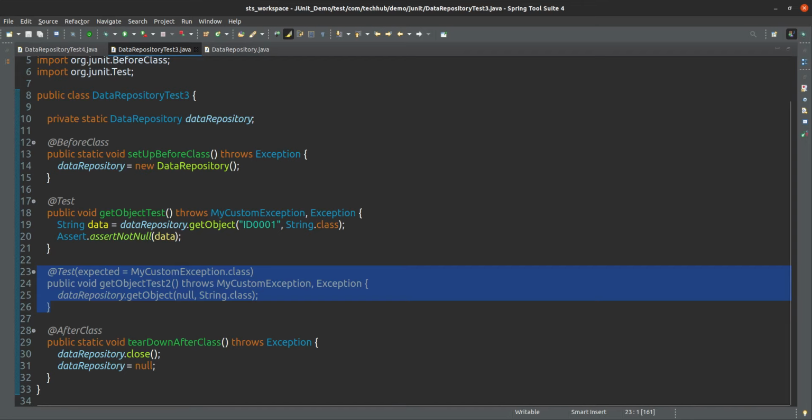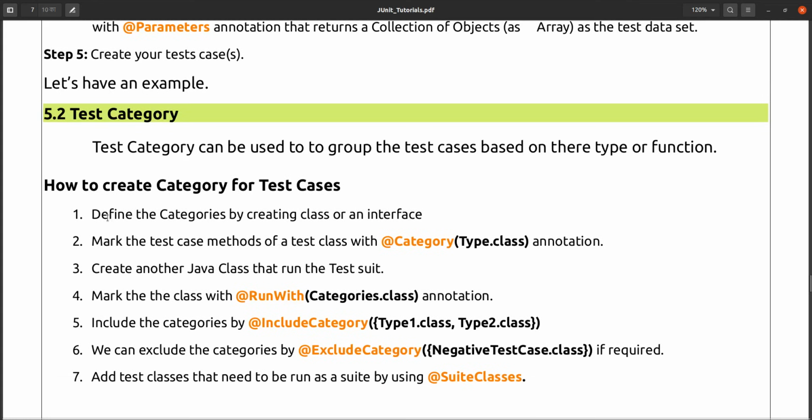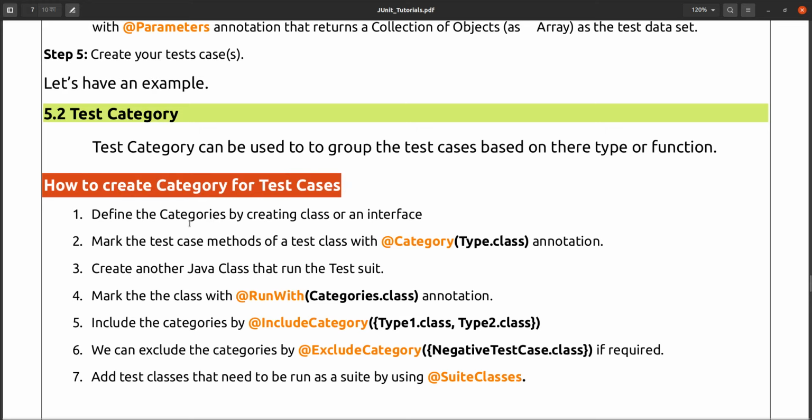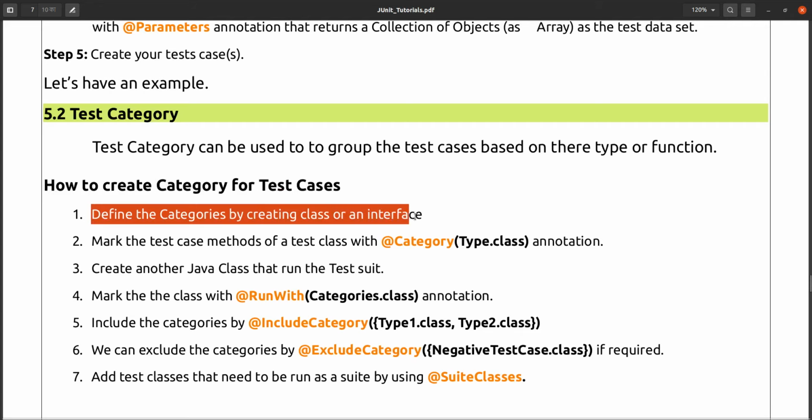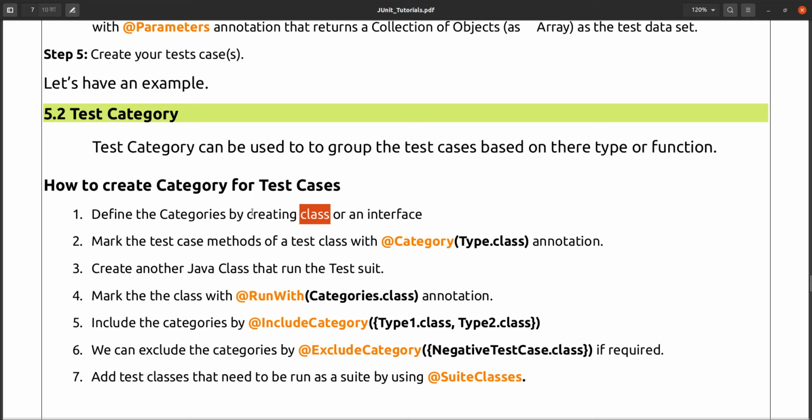To do that, we first have to define the category. How can we define the category, how do we create the category for the test case? We can define the category by creating a class or an interface, and mark the test case method with the @Category annotation, and here you give the type, whatever type we have defined.